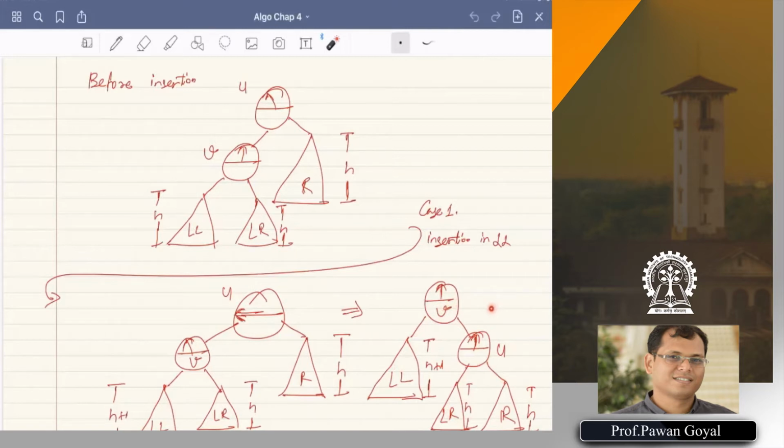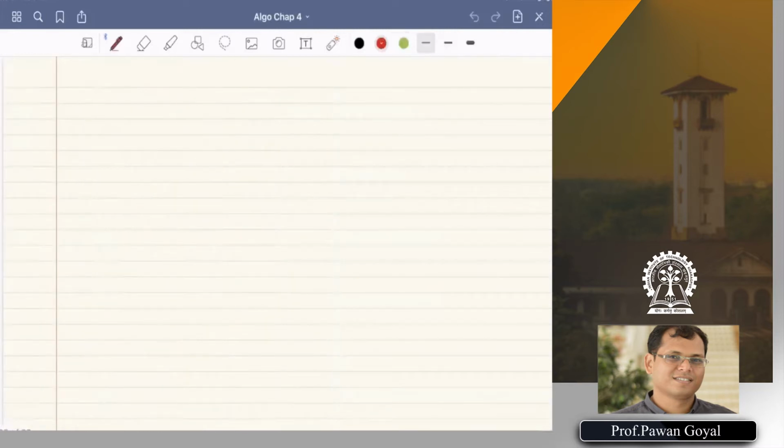Yes. So let's talk about the rotation, and then we will come back to this, like what actually we did with insertion. So in general, what do we do in rotation? Suppose I have a node y, the main node in the subtree, and it has a left child x and a right subtree gamma, and x has two subtrees, left and right, alpha and beta, and either of these can be empty. So alpha, beta, or gamma, either of these can be empty.